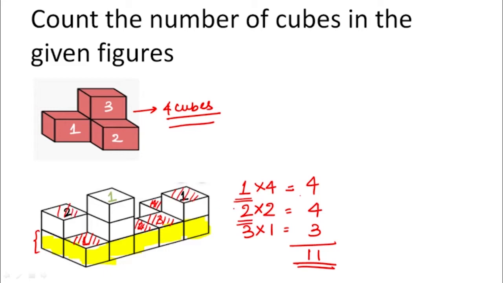There are 2 cubes here, so multiply that with 2. Then go to the third layer. Again see how many cubes are there whose top layer you are able to see. There is only 1 cube. So do 3 multiplied by 1. Add up all these and that will give you the answer of the total number of smaller cubes present in